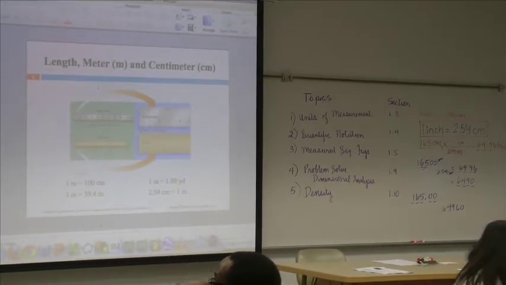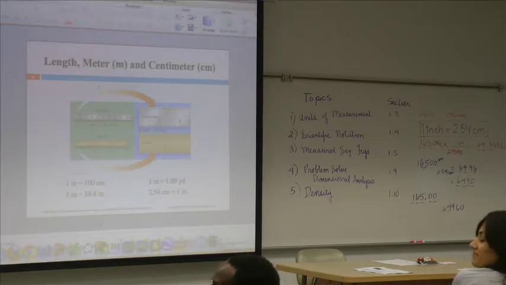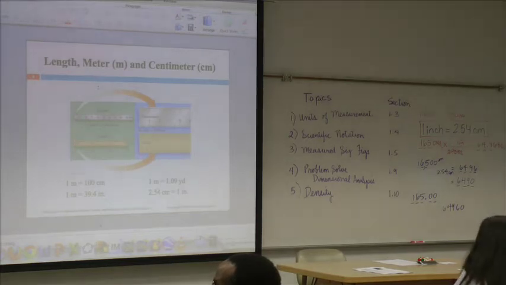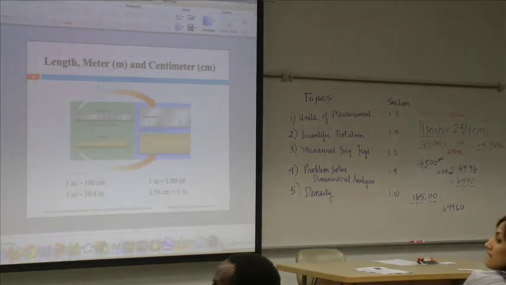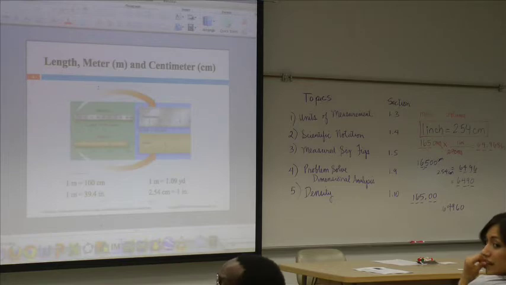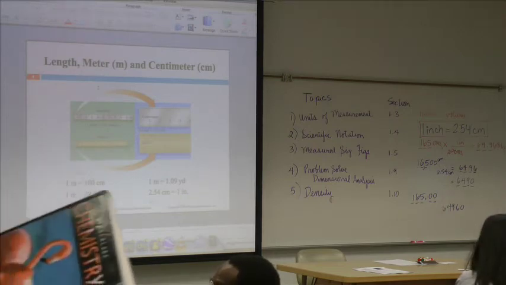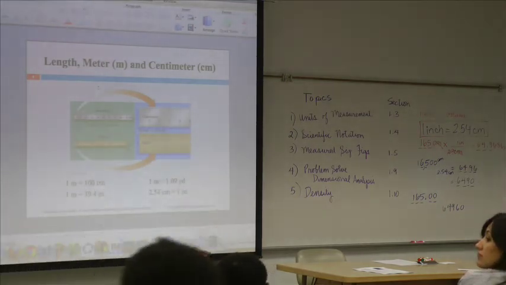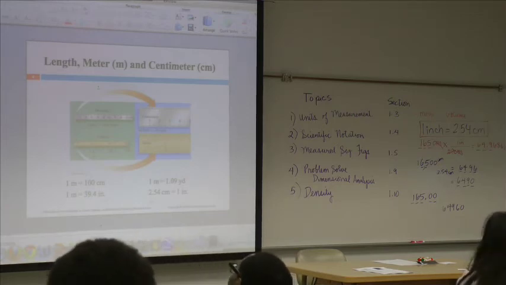So anything that is zero is not significant. No, at the beginning of the decimal. If a 0 is at the beginning, it's not significant. When we measure them, the rule is they don't count. It says the zero is not significant if it is at the beginning of a decimal number. So if the zero is starting, they don't count, only the number. So it'll be only 1.